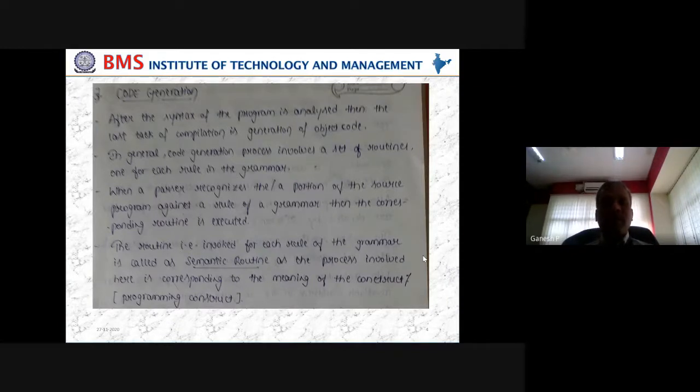But at this point, how code generation is done, what is the way behind the code generation process, and which type of routines we need for code generation is what we discuss in general. We don't go into much detail about code generation here because it is specific to the language we are using and the underlying architecture with which we are working. Since we are talking about SIC and SIC-XE, we can discuss code generation along the lines of SIC and SIC-XE so that you get an idea of what code generation is.